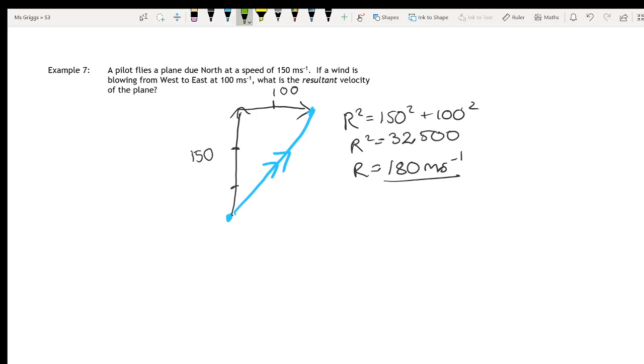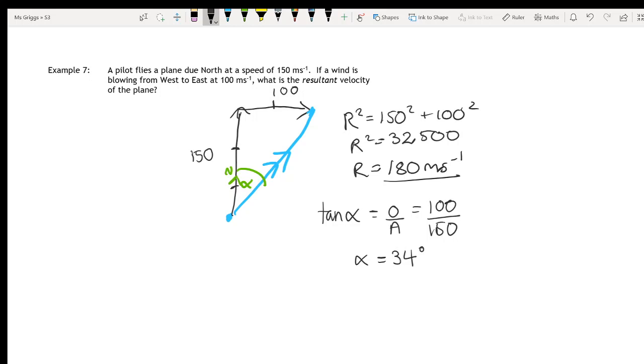Remember, the bearing is always from north. Luckily, that is our north. So the bearing is this angle here from north. So for that angle, we're going to use tan again, opposite over adjacent. So tan alpha is the opposite over adjacent. So 100 over 150. So your alpha is just inverse tan of 100 divided by 150. So your angle comes out to be